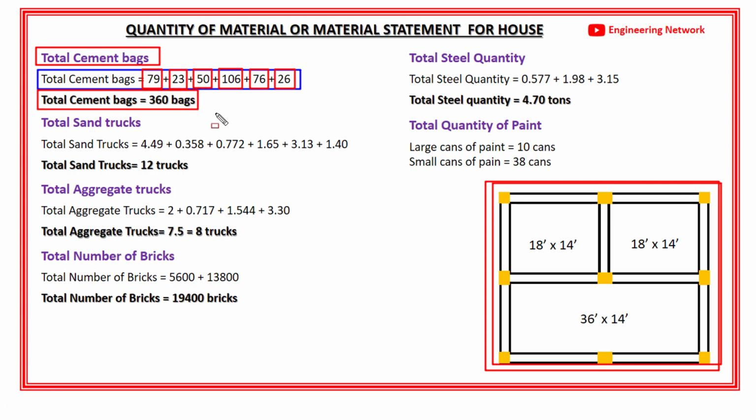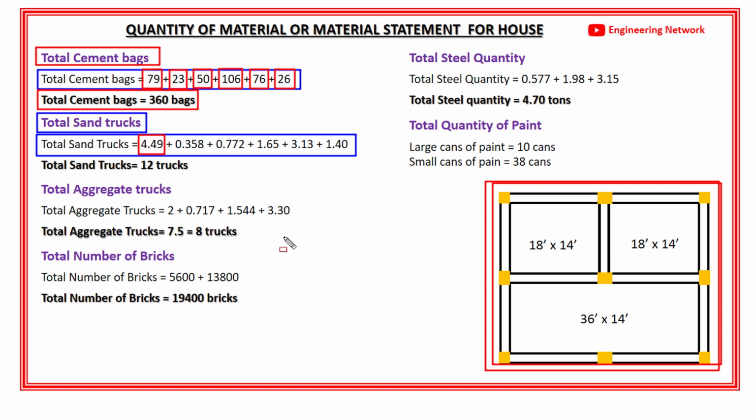Okay. Next is the total number of sand trucks. So the total number of sand trucks is equal to the number of sand trucks used in PCC, mortar for brickwork in foundation, sand filling in foundation, and in DPC, which is equal to 4.49 sand trucks,